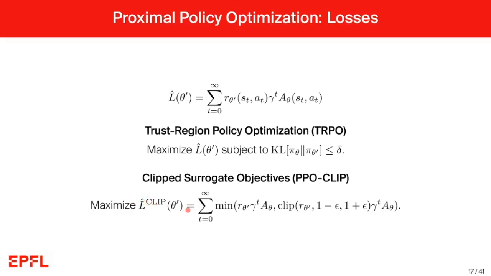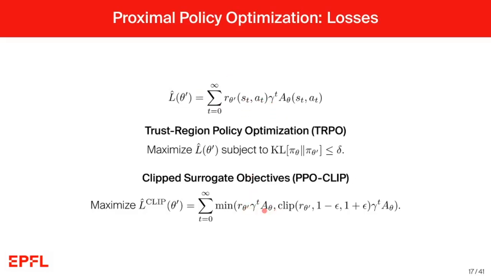This clip loss here is exactly the same as our previous loss. I omitted here the explicit mention of s_t and a_t just to shorten notation, but it's the same as the original loss,